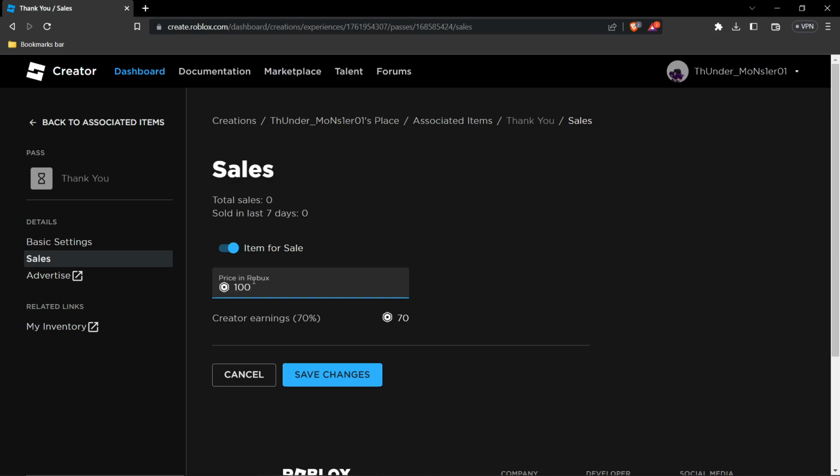So now you're only gonna get 70% of your price, and the other 30% is gonna be taken by Roblox. So if I put the price as 100, I'm only gonna get 70. So now I'll click save changes, and now if I go back to my associated items, my game passes,